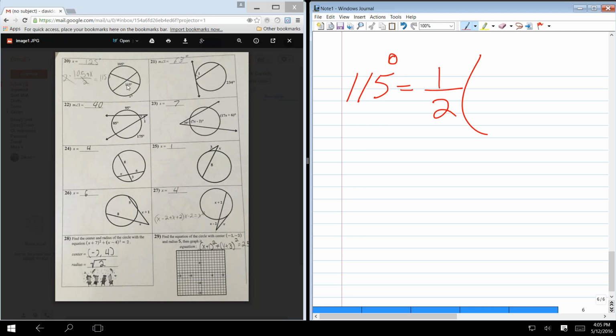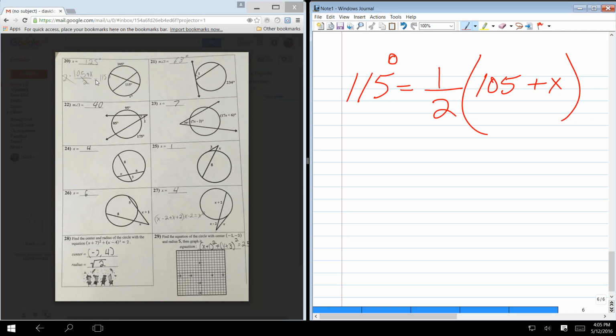Well, how would you find the average? You would add them together and divide by 2. So it's half of 105 plus x. That's the equation you want to write. I know you've written that. You've reversed it, and that's fine. I'm not picky. I just think that